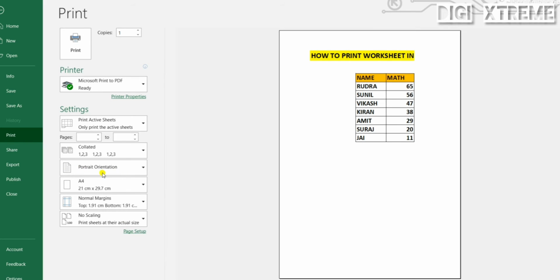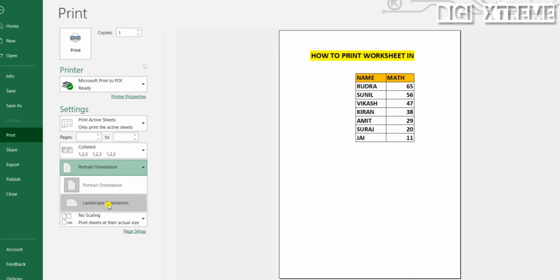And it is portrait orientation. Portrait orientation means it will be in portrait mode. This is very important: how do you want your printout to look, from top to bottom or from left to right. There are two options, landscape orientation.